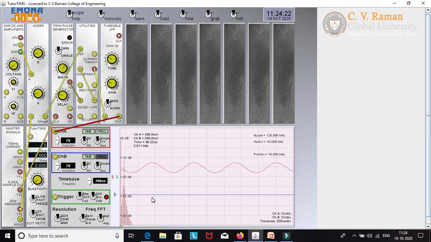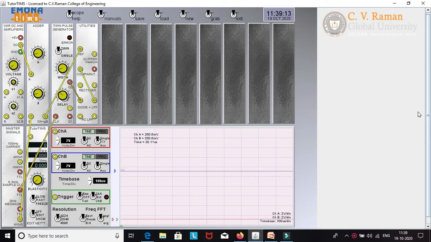Then we'll switch to the PPM section. In PPM, what we are doing, we are just differentiating the PWM signal, again inverting it, and again passing it through a half wave rectifier. So our ultimate aim is that we need to find the position of the pulse at the negative edge of the PWM signal.